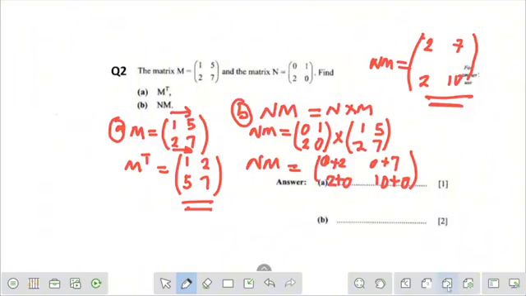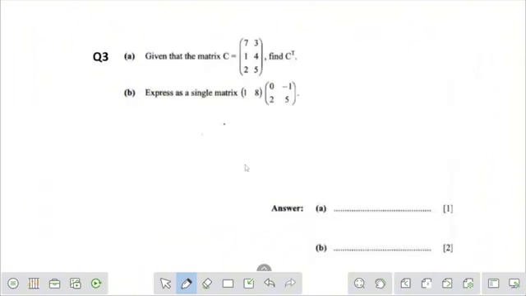Let us now move on to our third question. So this is our third question. The question reads, given that the matrix C is equal to this matrix, find C transpose. So you need to find the transpose of matrix C. So to find the transpose of matrix C, write C transpose equal to, so here we have this